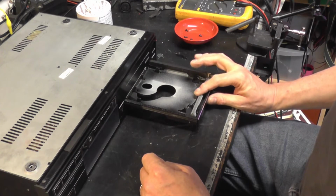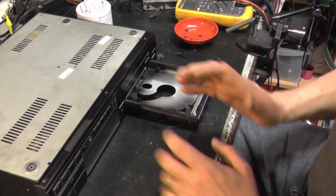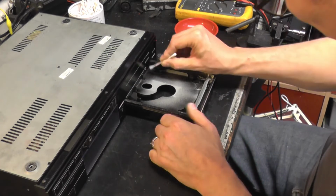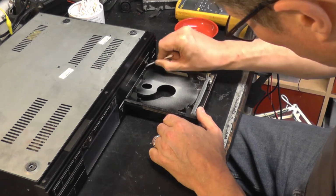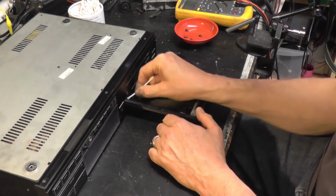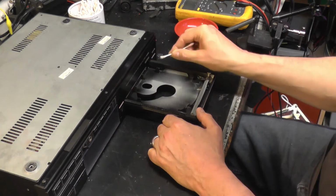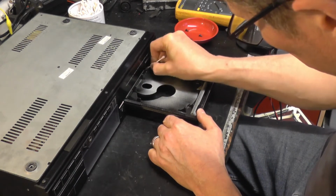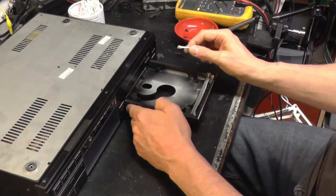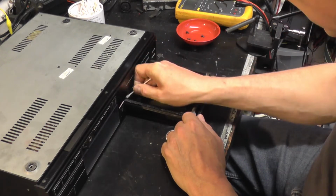And I've had plenty of rows with people over the years where they've said, I've been doing this for years, it's caused no harm. Yeah, okay. But, you know, all you're doing is removing the dust from the lens and stuff like that. There's some grease stuck down in here on this pivot point. I'm just cleaning that off, and we'll get a bit of super lube in there as well. What does that actually do? Oh, that's on the actual gear at one end and on the sled at the other. Okay. Right, sorry. Anyway,